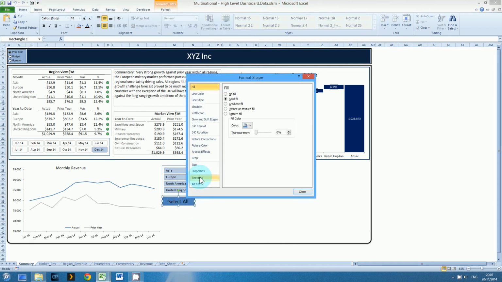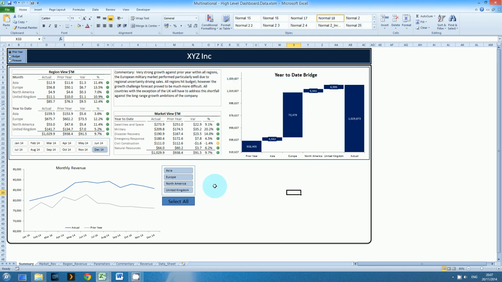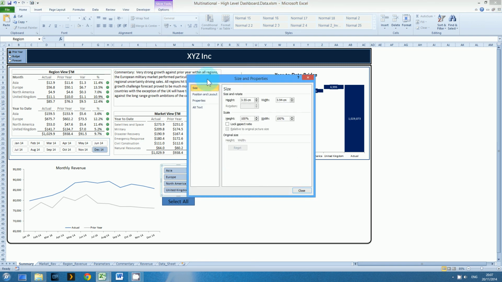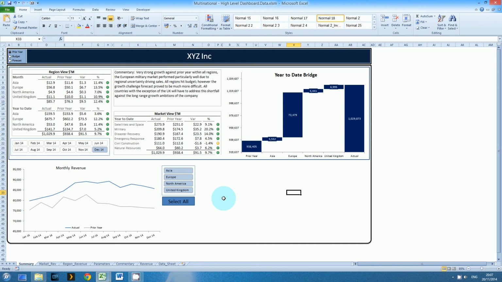Format, shape, properties, don't move or resize with cells. Did I do the same thing with the slicer? Let's double check. Properties, don't move. Right, we're nearly at the 10-minute mark, so I'll leave it there, and we'll do the last